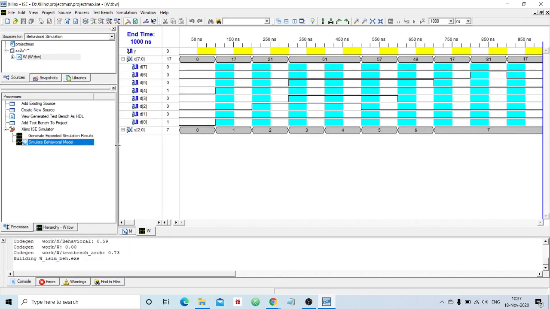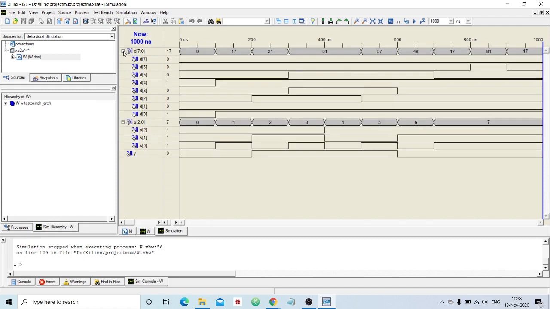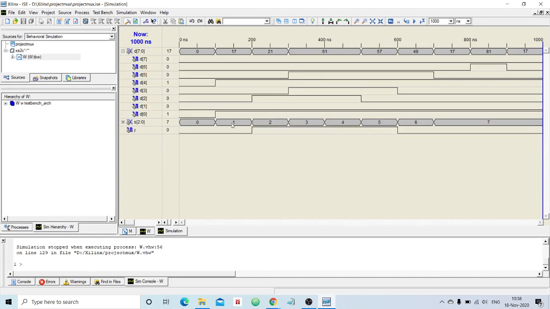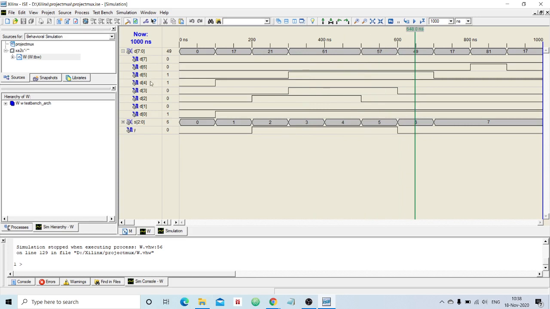Where we actually went wrong was at D of 3, right? Now we shall observe that particular point. Look at the selection line, whose value is 3. At this point, what does D3 have? D3 has 1. D3 is this line, and it is 1. Hence Y will have the value 1. Similarly, D of 4 we have already verified, and I think 5 also. Now if you look at 6, the value that D of 6 is carrying at this point is 0, hence Y will have the value 0.